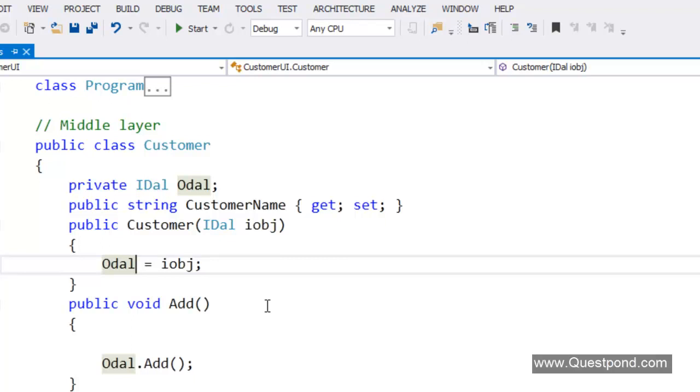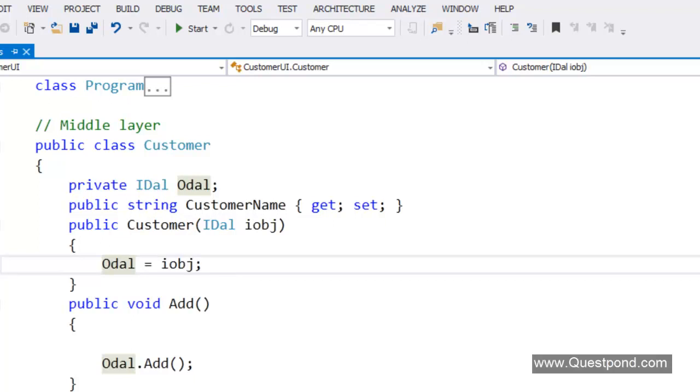But the person who is going to instantiate me has to pass me whether he wants to invoke me using the SQL Server data access layer, or using the Oracle data access layer. In simple words, the creation of the data access layer object is now the responsibility of the caller who invokes the customer class.